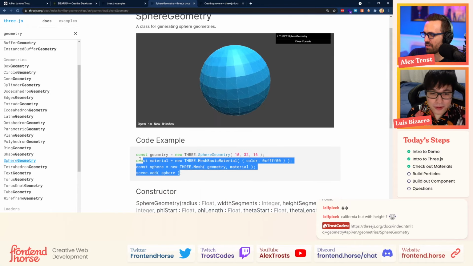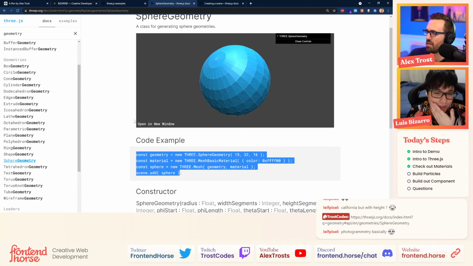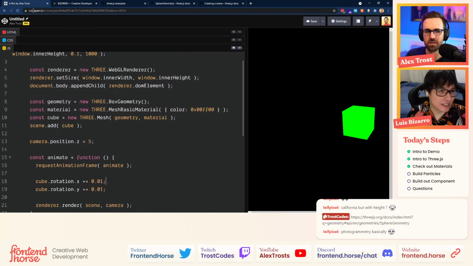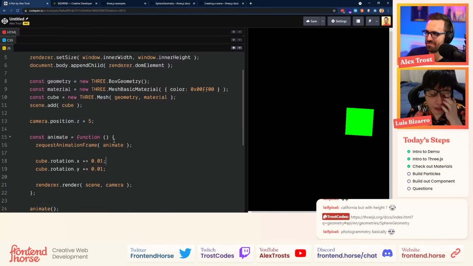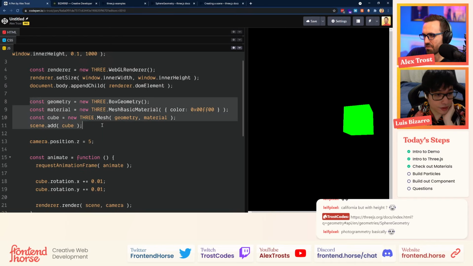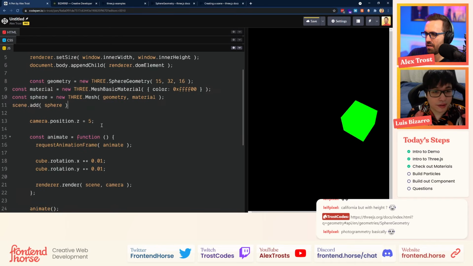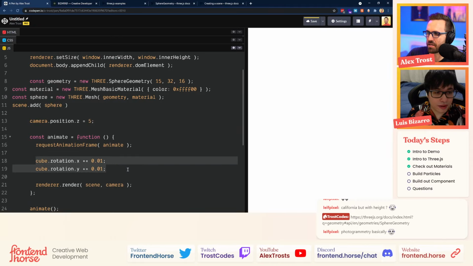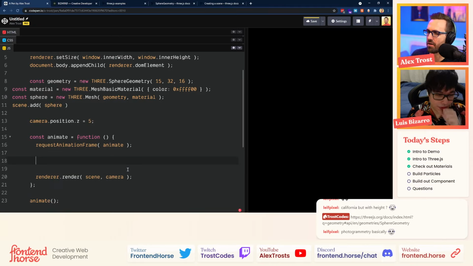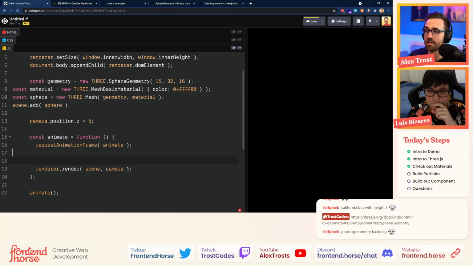Should I copy this bit? Yeah, let's copy this bit and paste that in the place of the current cube that we have. Popping that in. And we got to get rid of this, right? Because we're not rotating a cube. It's going to yell at me. And it yelled at me. And is it still going to yell? It seems like it. Nope.